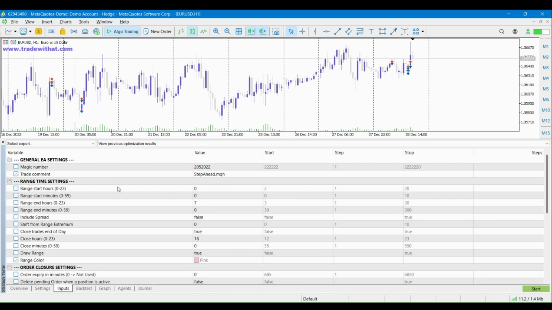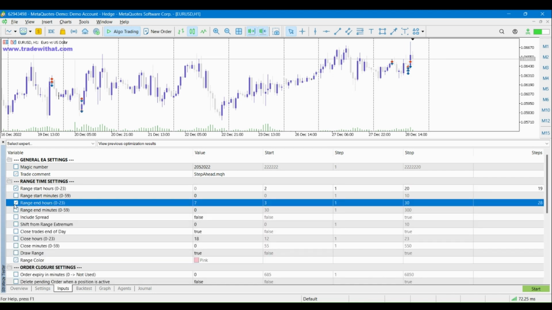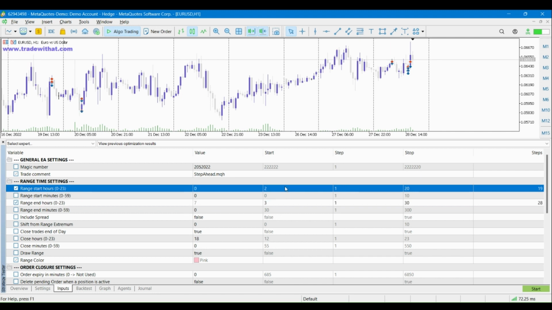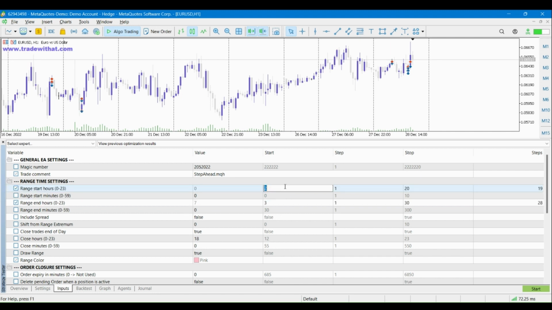So if we are going to simulate the range start and range end, we can simply select both and keep it from, let's say, 0 to 23. It will create a lot of data. From where I stand, the EA is created for an Asian range breakout, so what I will try to simulate or optimize is only about the Asian range. My time, it's midnight as a start till, let's say,